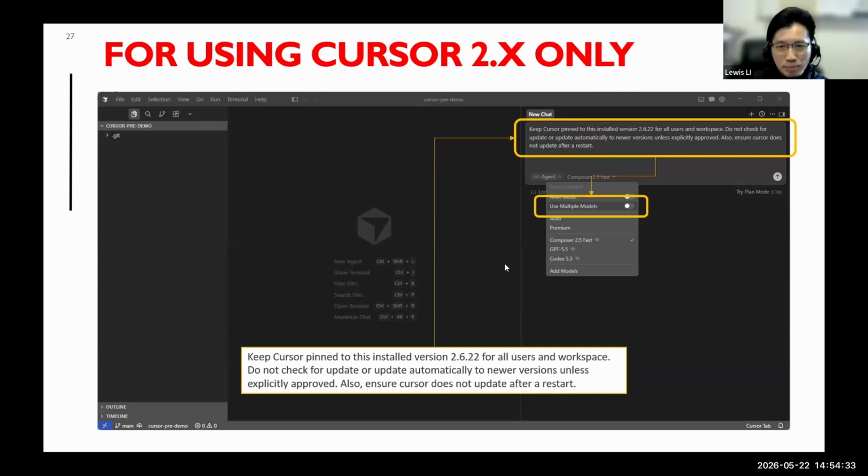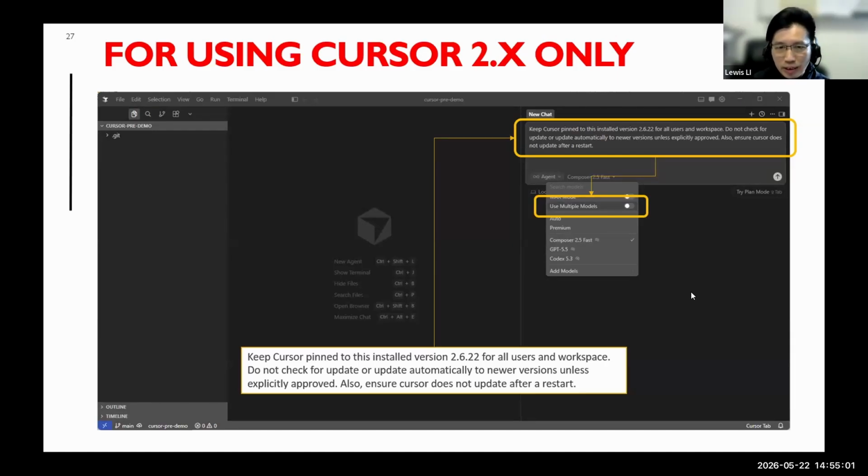Because you don't know which file will affect the version of your Cursor. So the easier way is to ask Cursor to do it for you. So I put this here in the prompt and then just click it, and Cursor will be able to help you configure Cursor to remain in the old version.